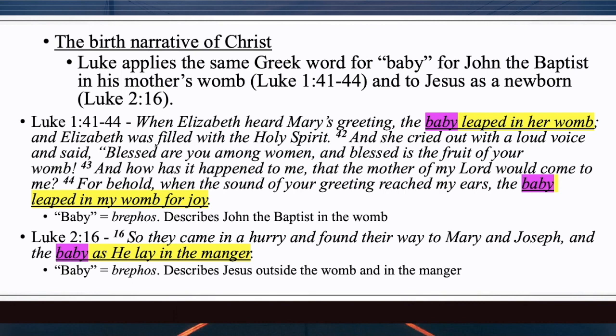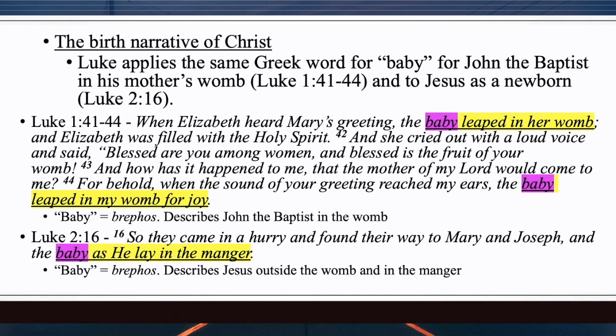Okay, so that's John the Baptist leaping for joy. Now, baby here in the Greek is brephos, and it's describing John the Baptist in the womb. Now we look at Luke 2:16. So they came in a hurry and found their way to Mary and Joseph and the baby as he lay in the manger. Now that's speaking of baby Jesus, and baby Jesus is in a manger. It's the same word, baby, which is Greek brephos, and this is describing Jesus outside the womb and in the